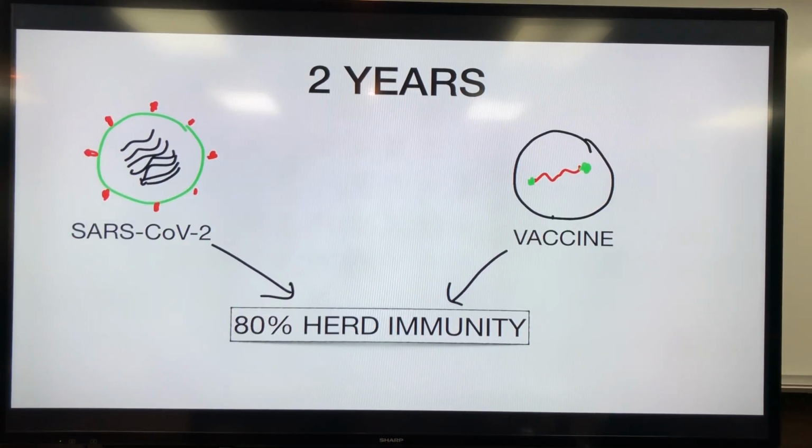So this is my theory in the next 2 years. Actually, not much theory. That's just what I think is going to happen. In the next 2 years, about everybody's going to either get the virus or the vaccine until that 80% immunity happens. It's estimated about right now, if you're like our office, about 20% of you have already had it. If you look across the country, about 20% have had COVID-19 already and are immune for at least some period of time. So that's 20% of that 80%.